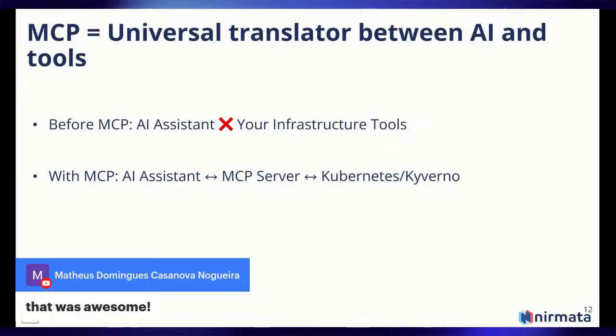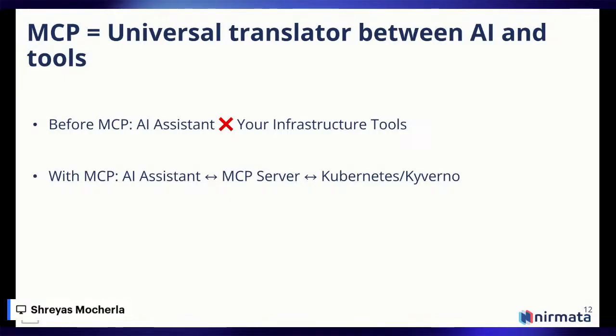So we've been talking a lot about MCP, but what exactly does MCP stand for, and what does it really translate to? So MCP stands for Model Context Protocol, right? Before MCP existed, your AI assistant was as good as a chatbot, and that is all it would be limited to. If you asked, let's say, ChatGPT for the weather tomorrow, it would say my cutoff date is so and so, and it would fumble completely.